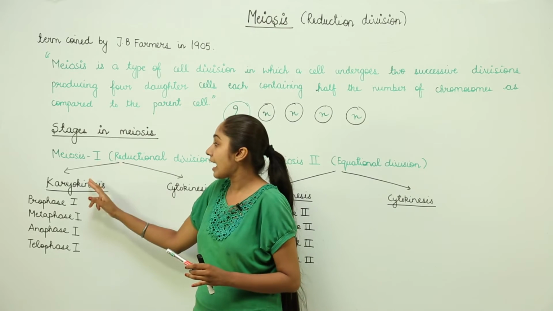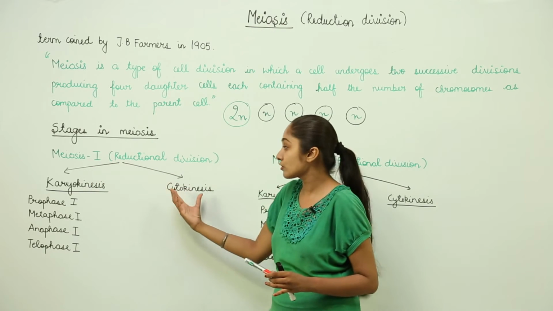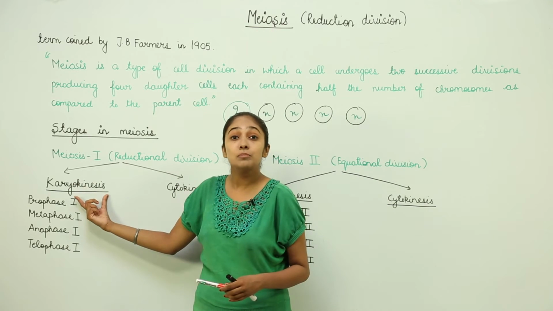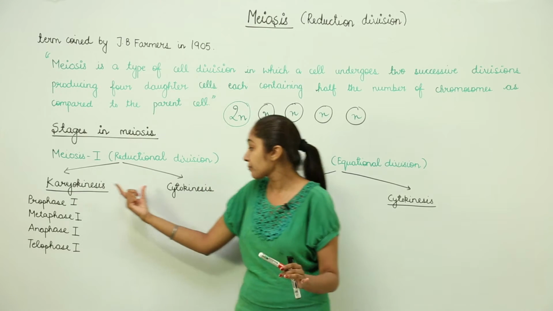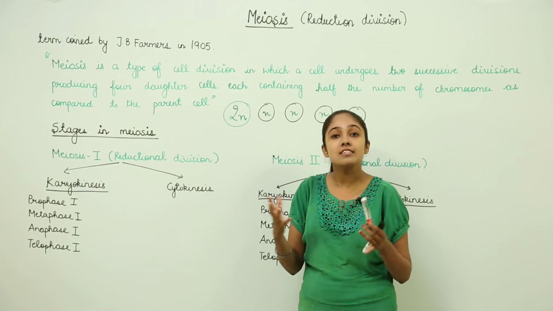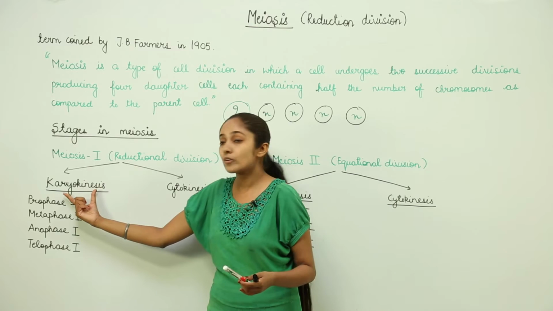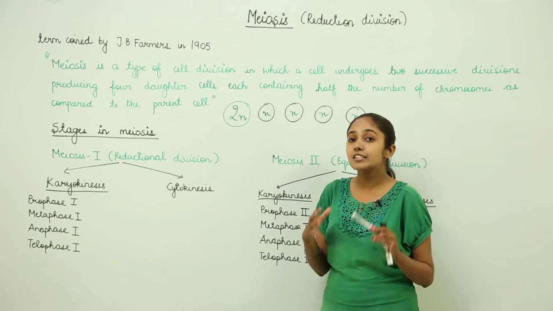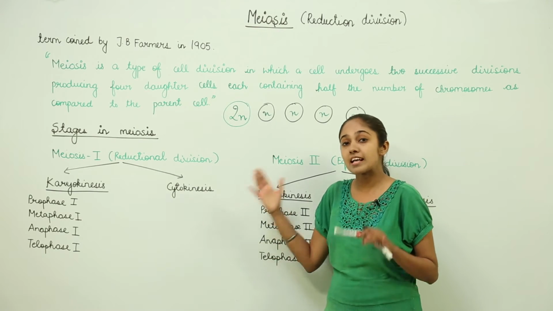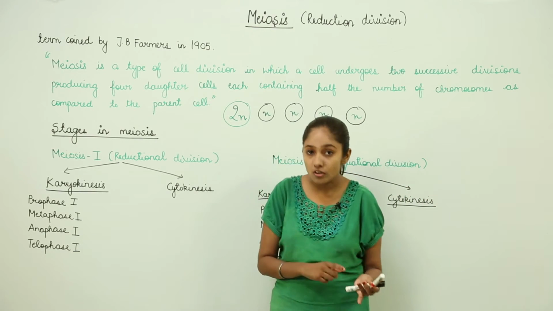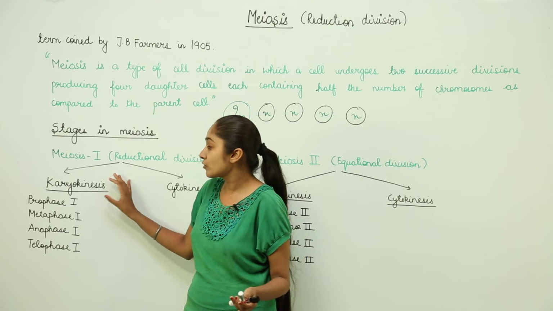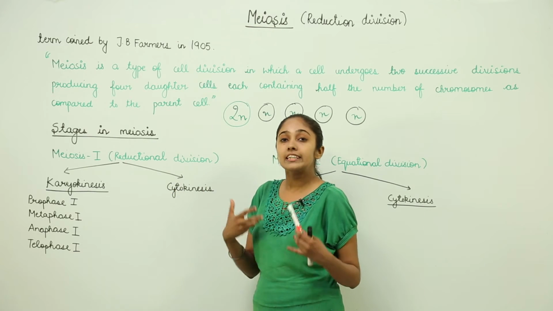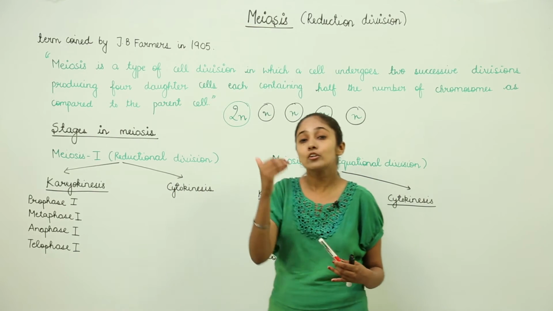Well, we can study this in 2 stages also: karyokinesis and cytokinesis. As you already know, karyokinesis means the division of the nucleus and cytokinesis means the division of the cytoplasm. So first karyokinesis is going to take place and then cytokinesis. That means first we will study the division of the nucleus and then the cytoplasm, as we have discussed in the case of mitosis, right? So in karyokinesis, you know that it is a continuous process, but for easy study we have divided it into many stages.